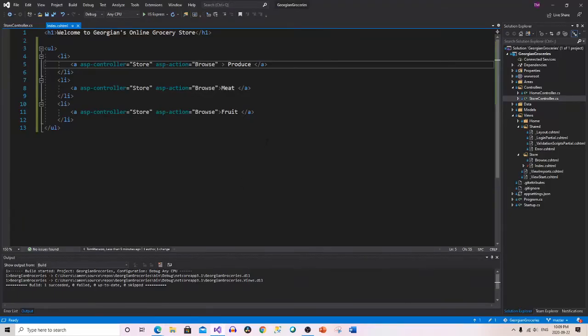So let's go back into here, and we're going to do one more thing, because we want to start distinguishing between different categories or things that we're trying to browse in our store. So what I'm going to do is add this. I'm going to do ASP, and I'll take the default, then go down here to route, and before I fill in produce